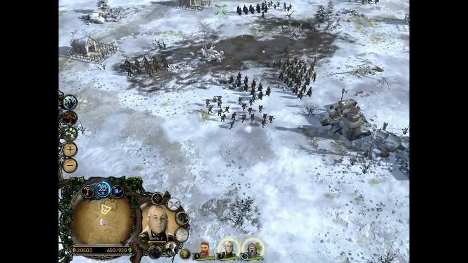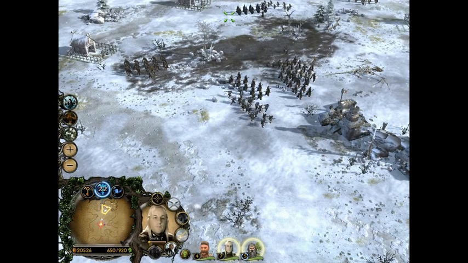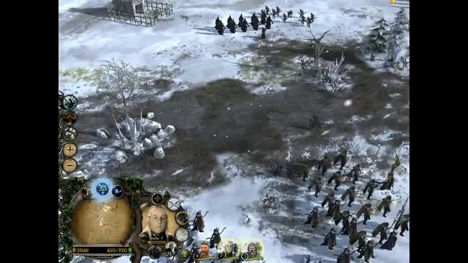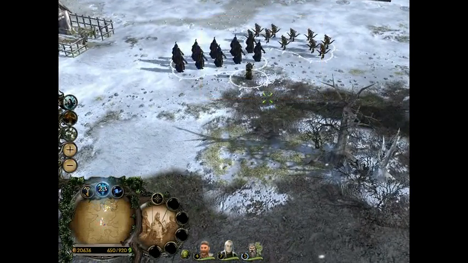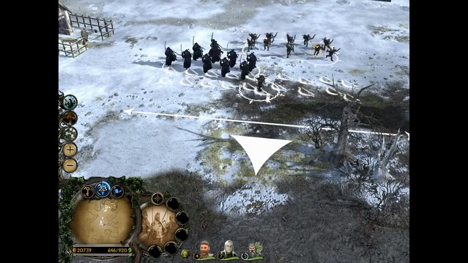Alrighty guys, welcome back. We are continuing with the Edain mod allies. This first part of this episode is going to be Rohan. So, they'll go over their allied units. They get 3 allied units, and for some reason these archer guys, I'm not sure, I've never actually heard of